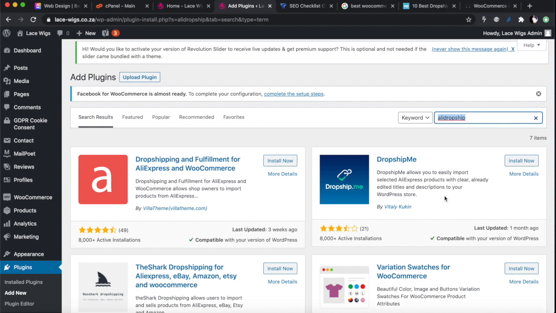So if you're a new dropshipper and you haven't done your product research, and you don't know what are the great products to dropship and all of that, you can definitely use Dropship.me. And Dropship.me allows you up to 50 products for free, and you can test out. And when you want to dropship more than 50 products, then you're going to have to pay for it. Okay, I think I've used this as well at some point in my life. I didn't like it. It doesn't work very well. It doesn't import everything. It sort of misses some stuff.